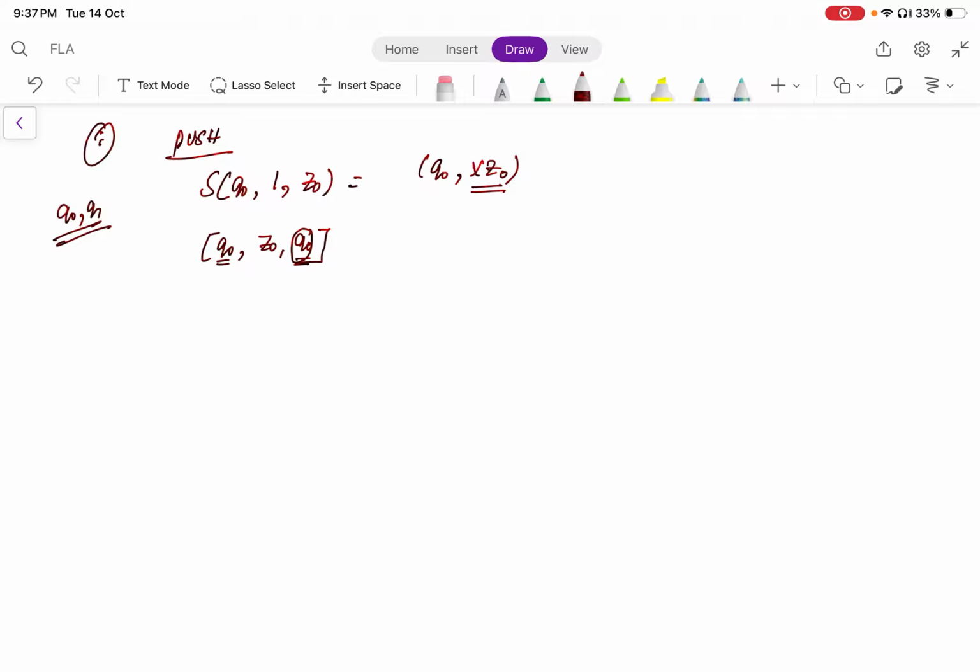So the first state is q0, the given state in the question. Then you repeat this twice. This is for q0, then you write for q1: q0, comma Z0, comma q1. This is your left hand side, tends to,